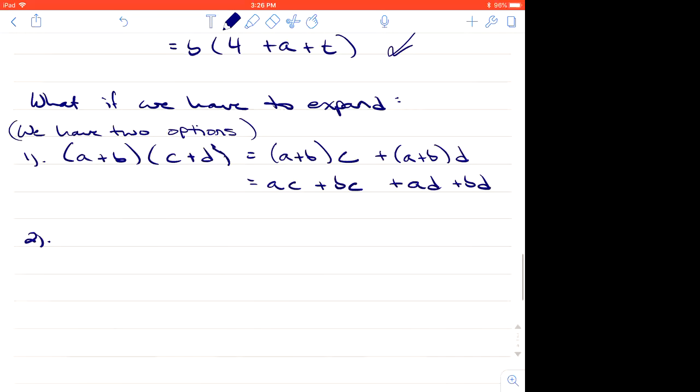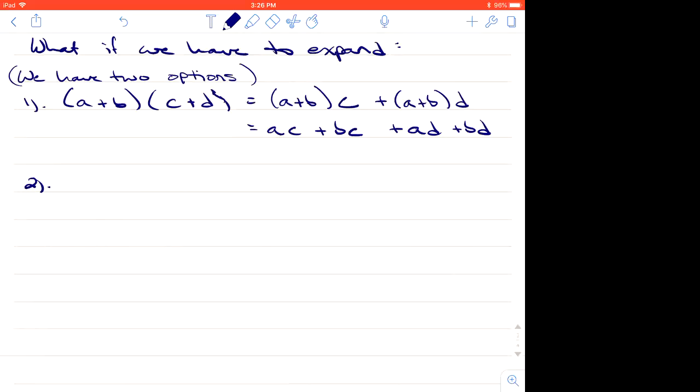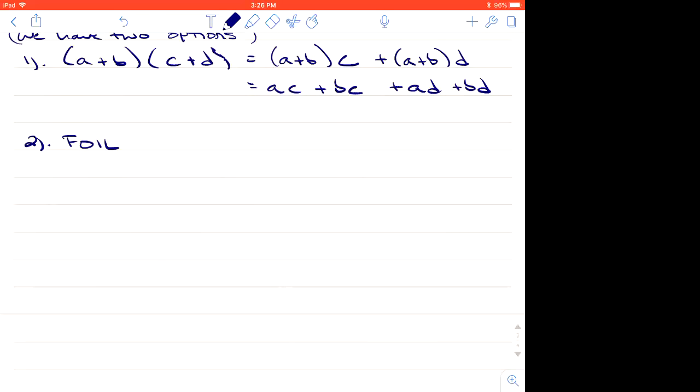The second option is FOIL. First, outside, inside, last, which actually makes no sense to me. I mean, I know how to do it, and it's what I do, but first, outside, inside, last doesn't make any sense to me. But if it makes sense to you, then that's great. So what does it mean? It means that if you have something like a plus b times c plus d,